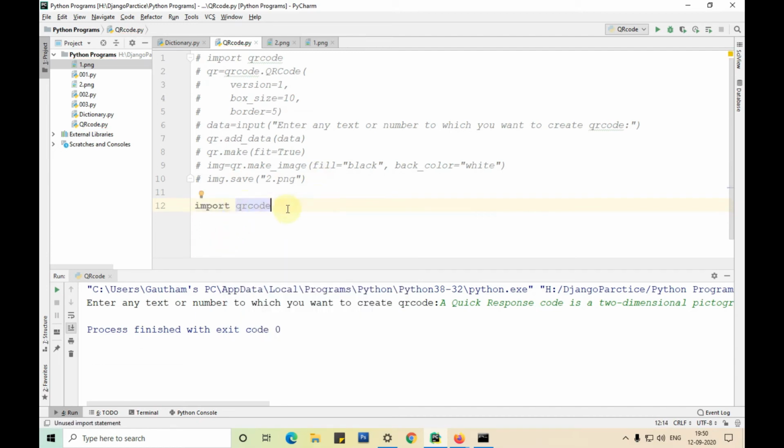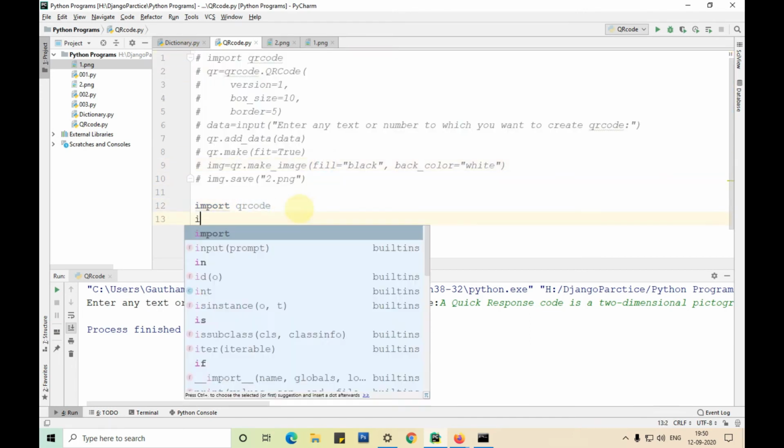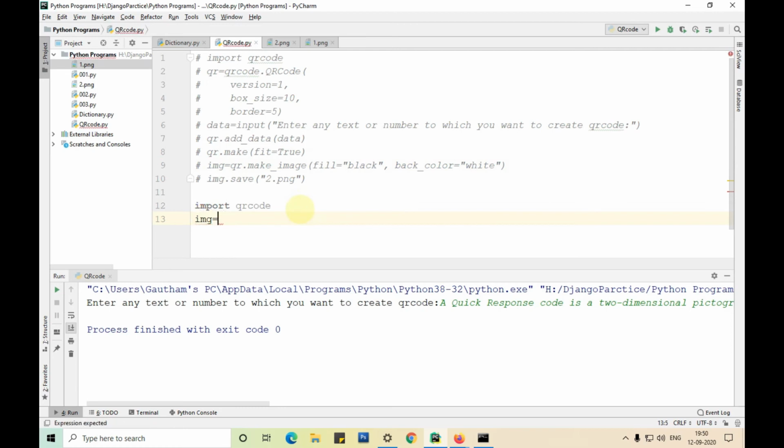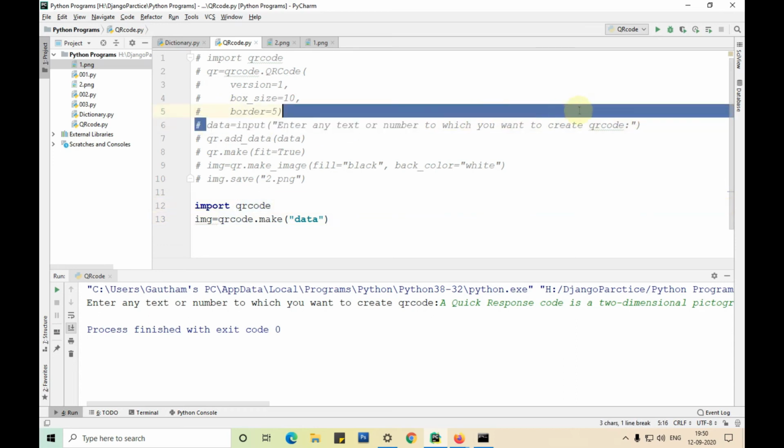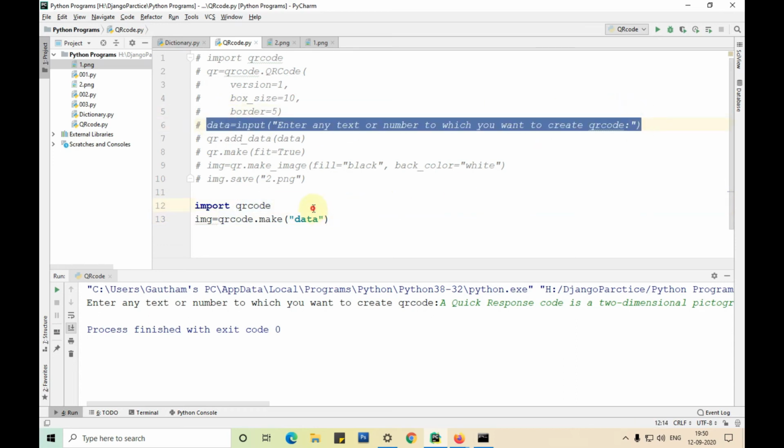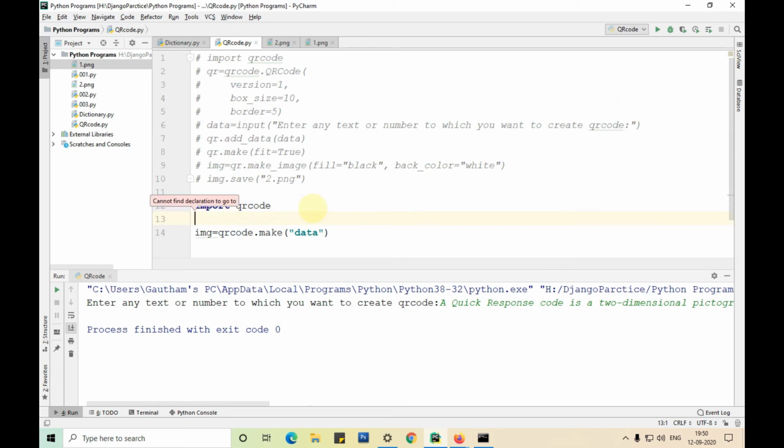Before writing this particular code here, I have commented all this code. img is equal to qrcode.make(data). Since this line is already there, let me just copy and paste it here. And since data is a variable there, let me just remove that.